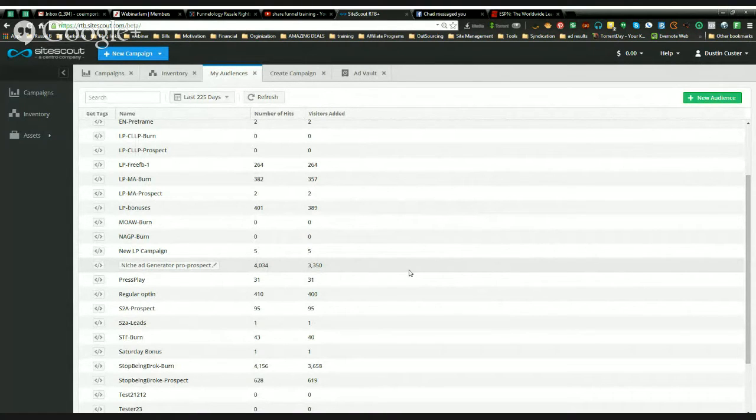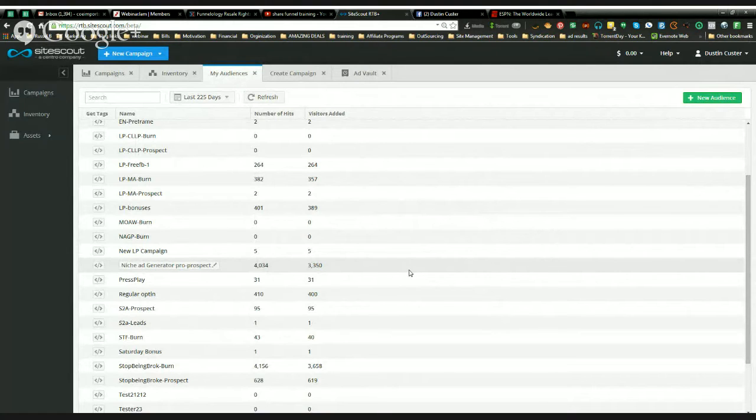And what I'll do is I'll set this up to where I've got one pixel that's on my front end page, so I know who visited that page, and then I'll use the other pixel as what I like to call a burn pixel. And basically what a burn pixel is, you can set it up to where you're excluding that audience. And I'll show you when I go through and I set up a retargeting campaign here that I'm actually going to go through and